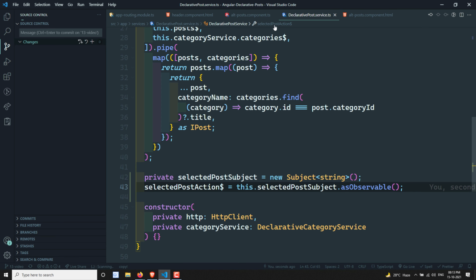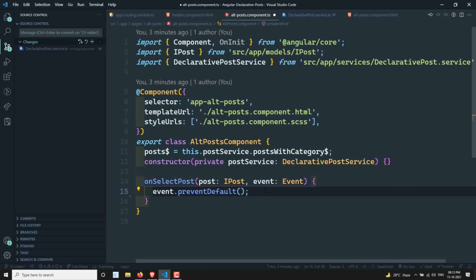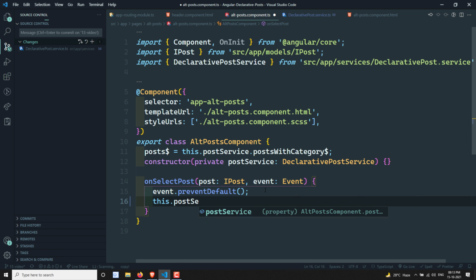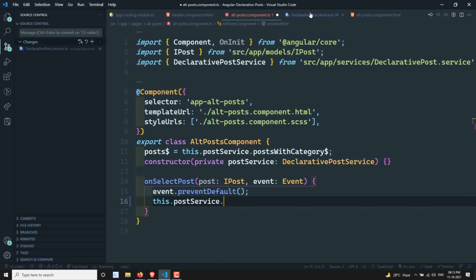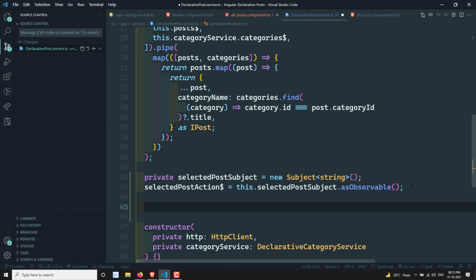Now whenever the user selects a post, I need to call the action stream. So how can I do that here? We cannot call the selectedPostSubject directly, so for that reason let's create a method, something like selectPost, or whatever method name you want.